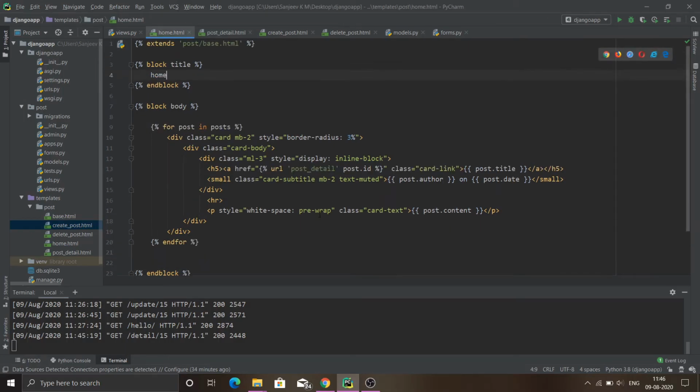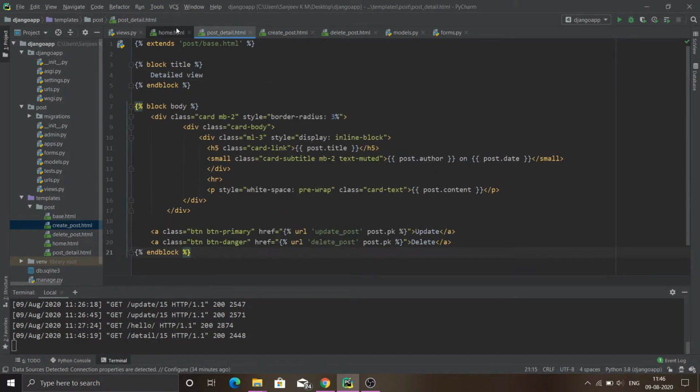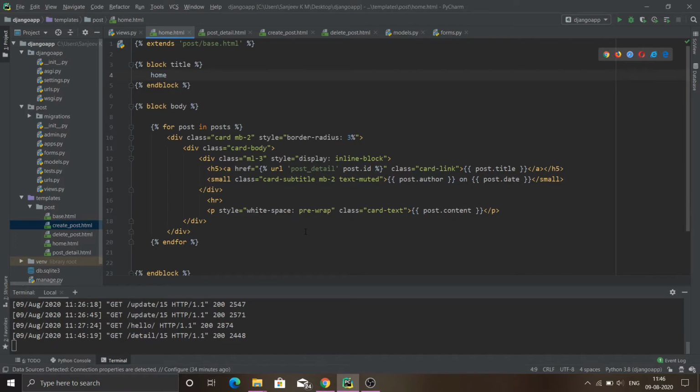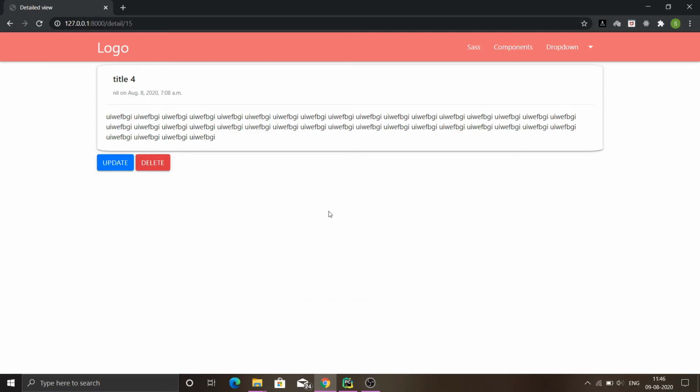You can have a look at it and pause the video, and if you need the styling you can definitely copy these codes. I will also put the source code of these three templates in the description below. You can go and download and use those in your file. So that's a small change.